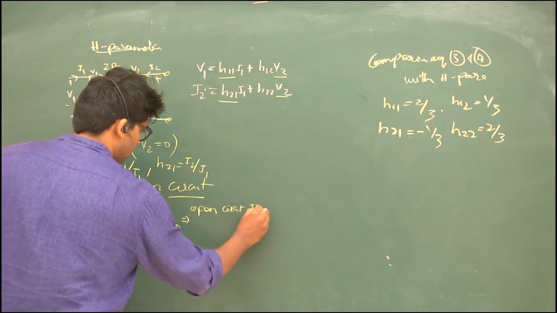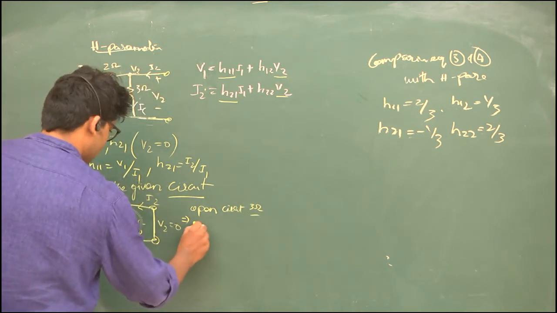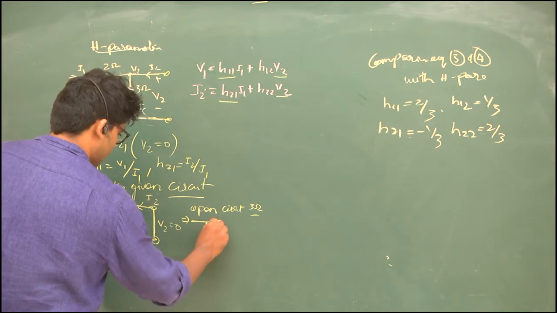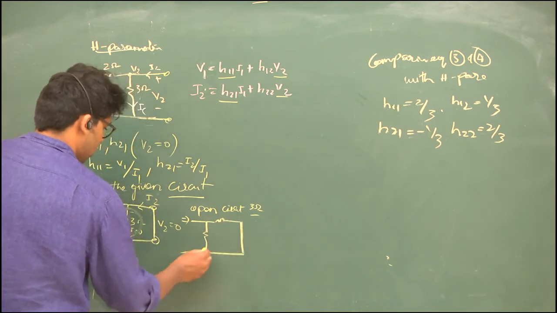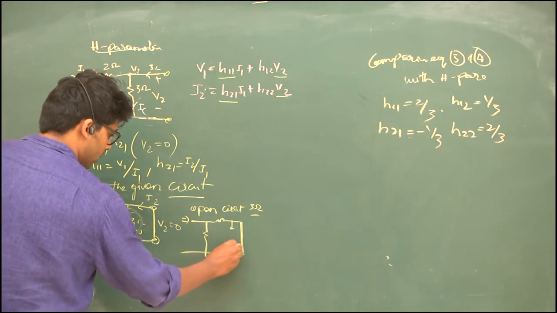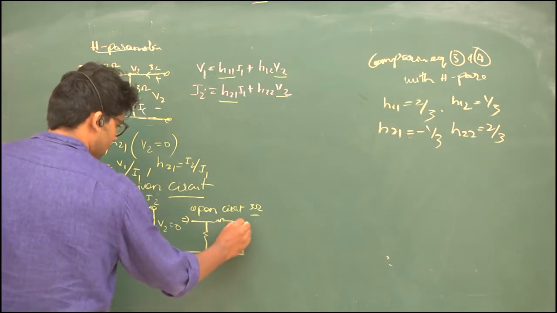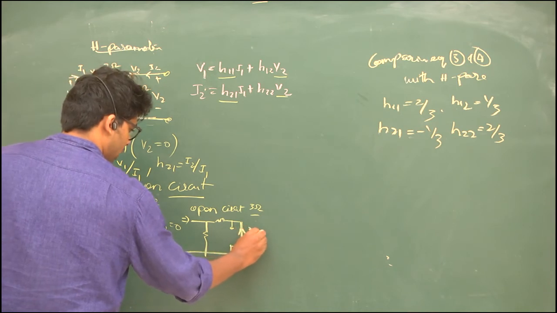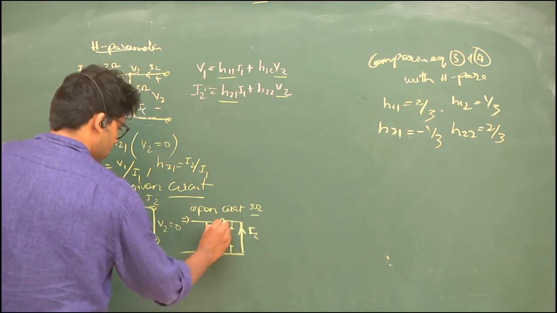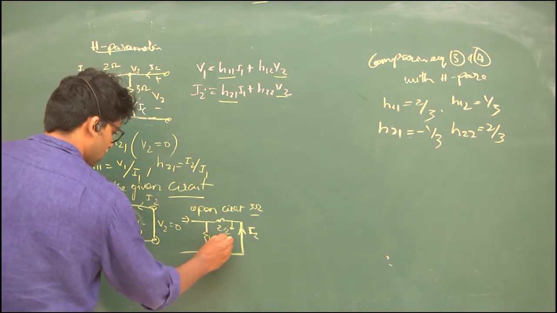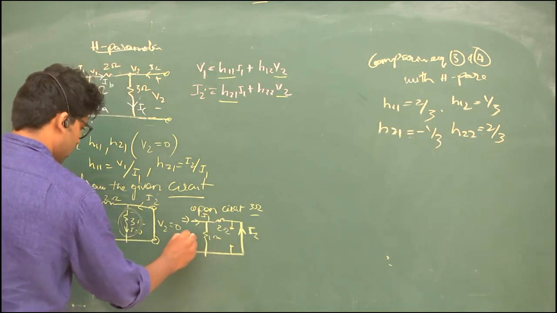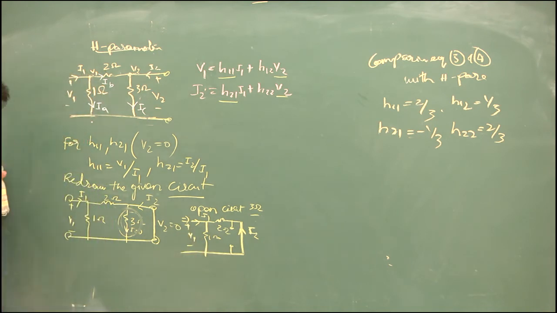After open circuit, removing the 3 ohm element, we again get the circuit like this. I am removing that 3 ohm element. I2 current is flowing, that is 2 ohm here, and this is 1 ohm, and this is I1 flowing, and V1. Now how will we solve that? Our aim is to get V1 and I1, and I2 by I1. From this circuit, how will we get that? That is the main thing.